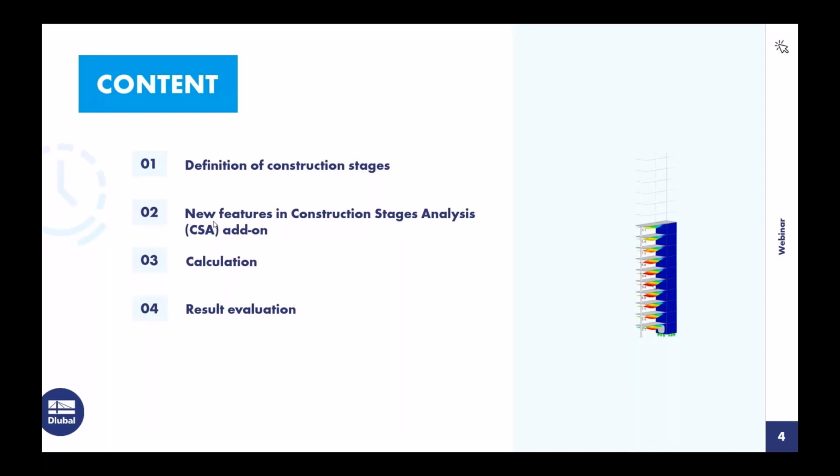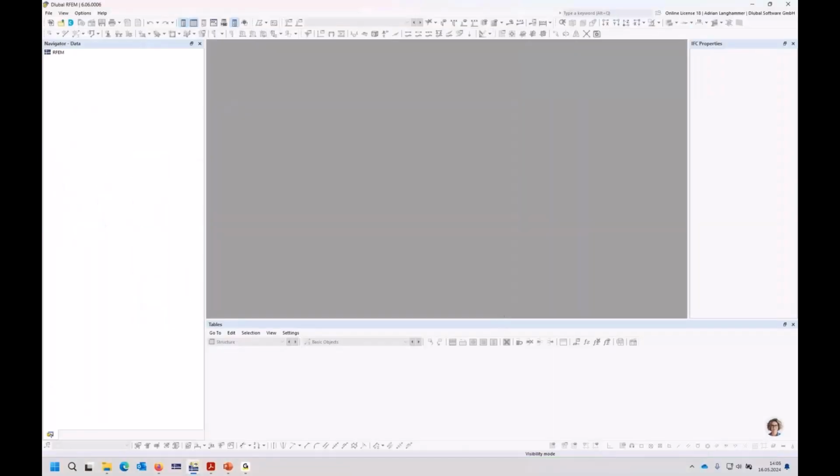Afterwards, I will show a little bit bigger example with a building known from the first stages webinar, and at the end I will show again a smaller example with a new feature in construction stages regarding the phased cross sections. For all these examples it's quite similar: I show the input, the calculation, and then we take a look at the results. So I switch over to RFEM for this